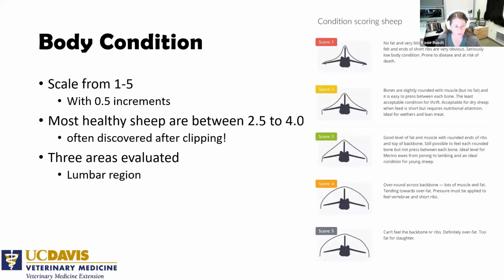For sheep, we typically just focus on their lumbar region. A lot of that is just because they usually have wool on them. Even if they are haired sheep, they typically have a layer of wool over their top line. So we're usually having to put our hands over their top line to be able to feel for these different